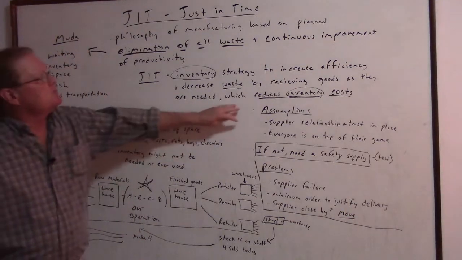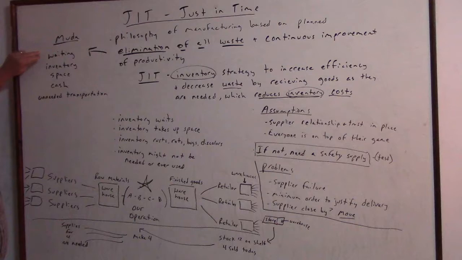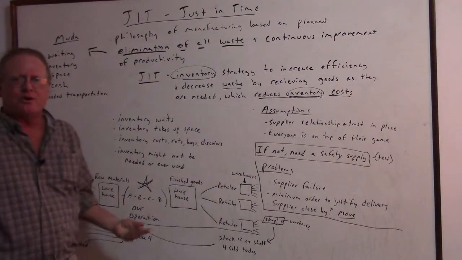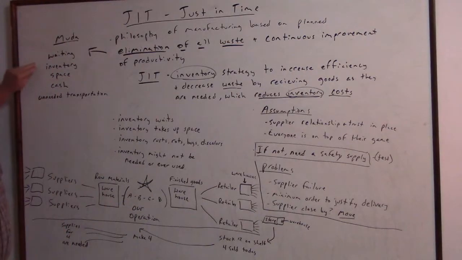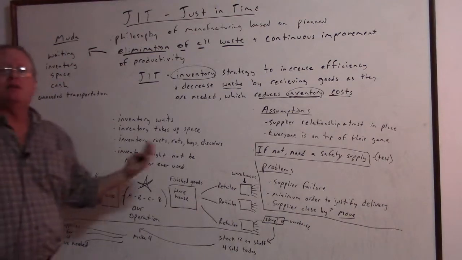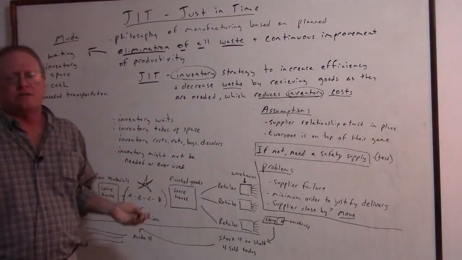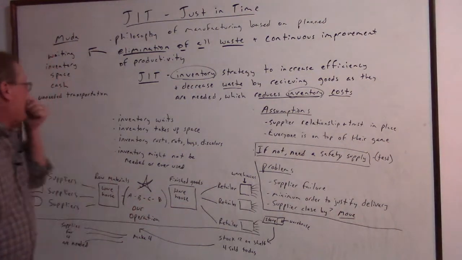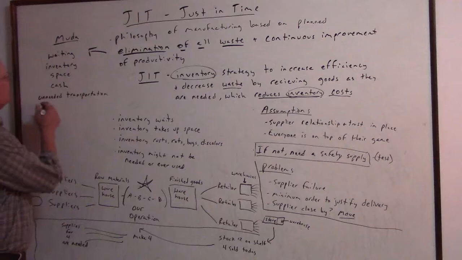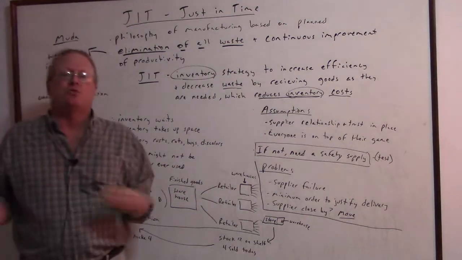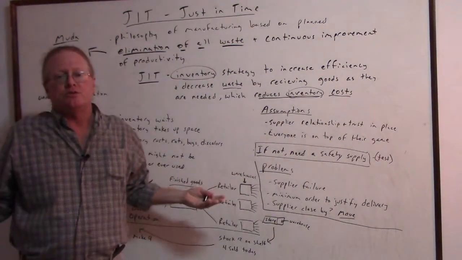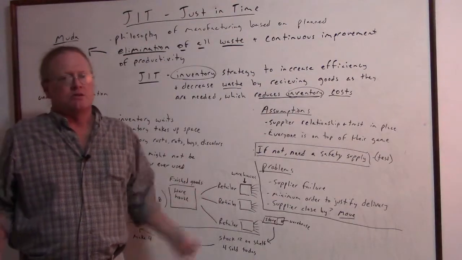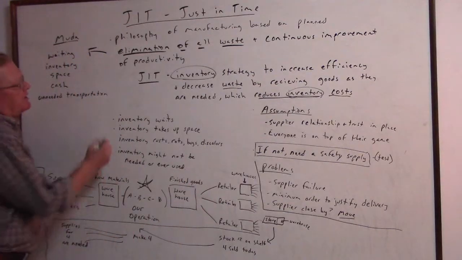And when it comes to inventory, we have waiting, muda being things waiting around, they're not doing anything. Inventory cost, which includes having warehouse space in general, and cash tied up in inventory. Now, and unneeded transportation, because if we bring in a raw material that's not going to get used, that was waste too. There's a lot of ways to look at muda.